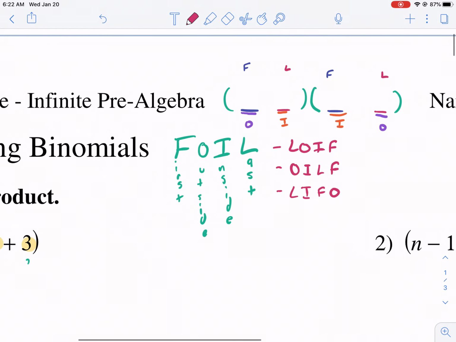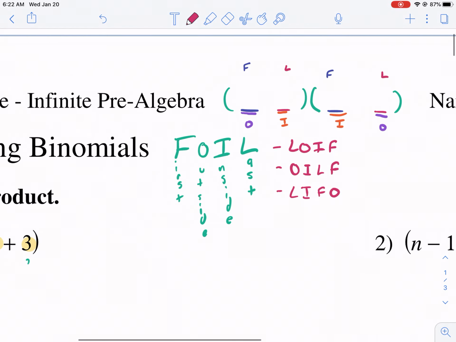What color did I use over there? I used this magenta. Okay, so magenta. Here's my last terms. I'm going to multiply those 2 together. So first, oh no, I'm sorry, I'm supposed to go to outside. All right, so outside terms. My mistake. My outside terms are